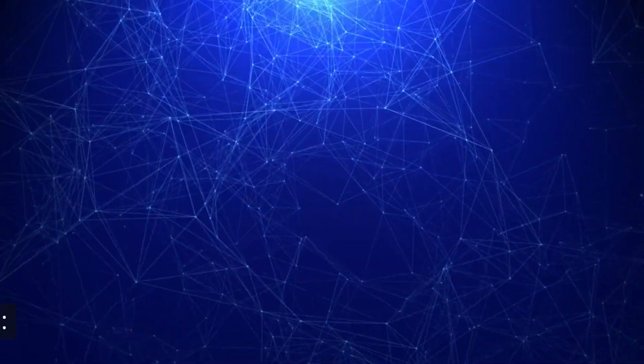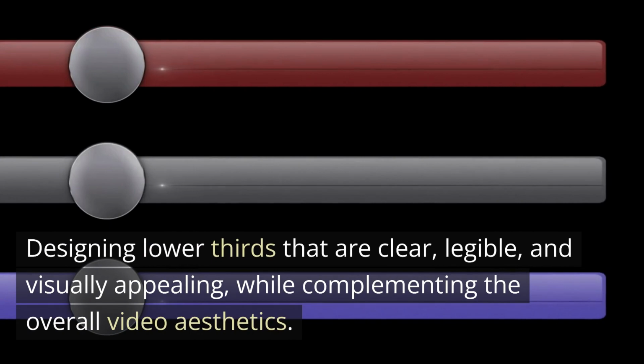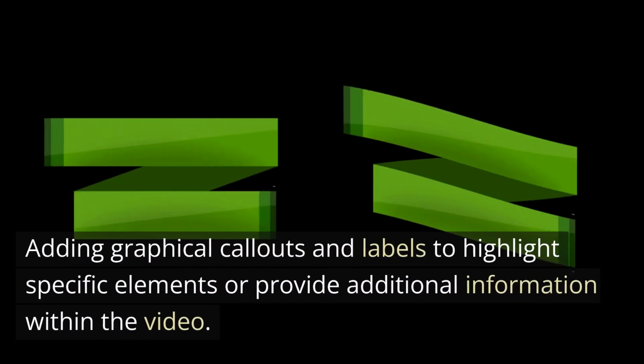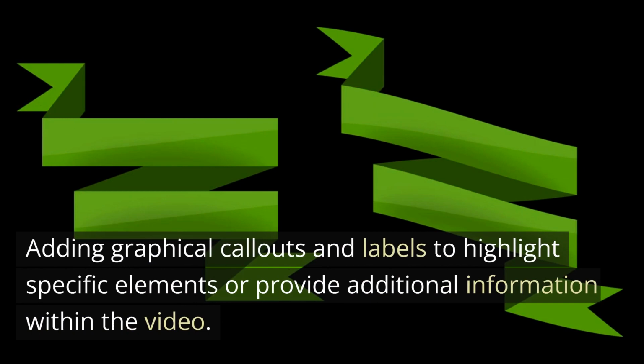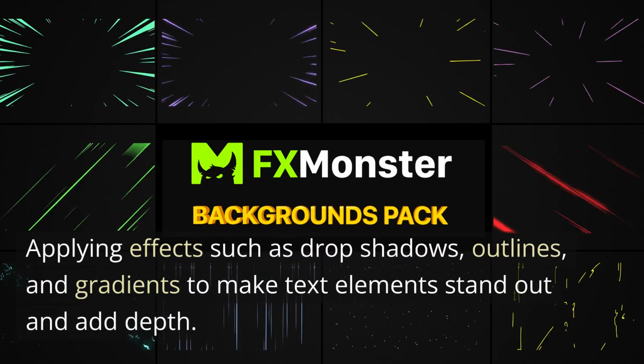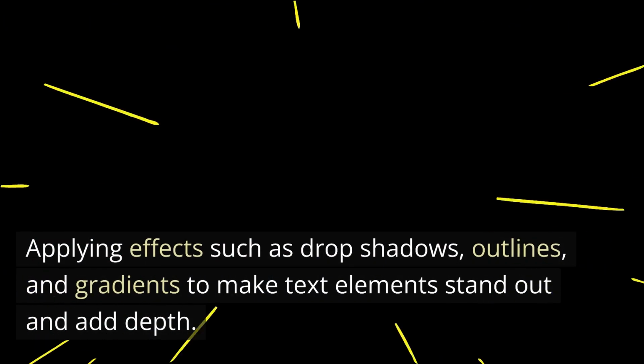3. Lower thirds design. Designing lower thirds that are clear, legible, and visually appealing, while complementing the overall video aesthetics. 4. Callouts and labels. Adding graphical callouts and labels to highlight specific elements or provide additional information within the video. 5. Text effects. Applying effects such as drop shadows, outlines, and gradients to make text elements stand out and add